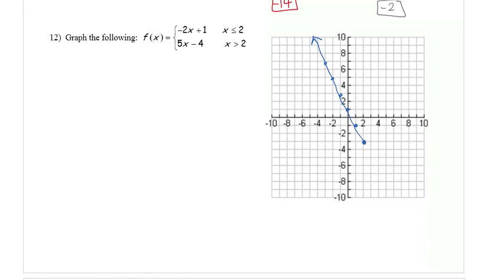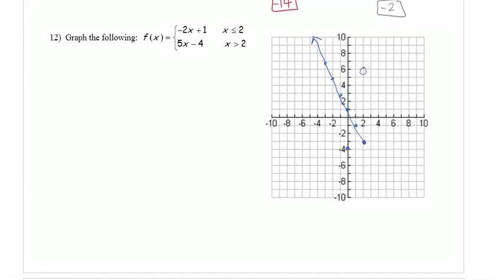The second part has an intercept at negative 4. Okay, so I'm going to put it there, but I'm going to end up erasing some stuff. So it has an intercept at negative 4, and then it's going up 5 over 1. So 1, 2, 3, 4, 5 over 1. And I'm going to start,